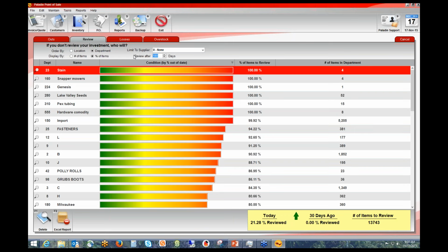This is your investment, your largest investment you have, more than likely, next to real estate. And this is something you want to manage and monitor. So you're looking for items that are missing. You're looking to make sure that the price matches, it's dusted off, and looks presentable, it's well lit, it's organized. I mean, this is the kind of thing that you want to do. You want to check your aisles for this on a